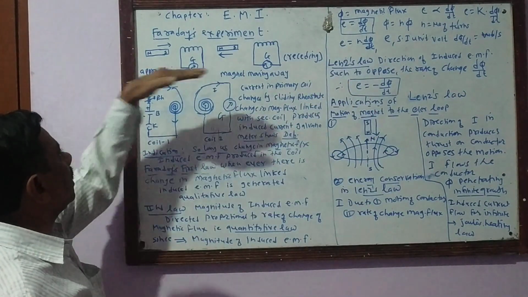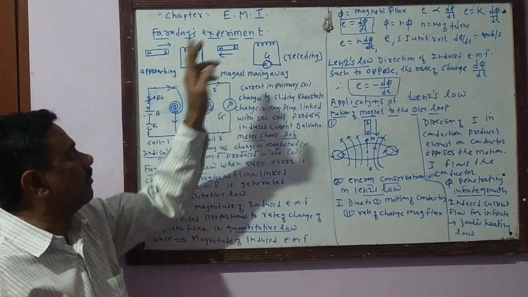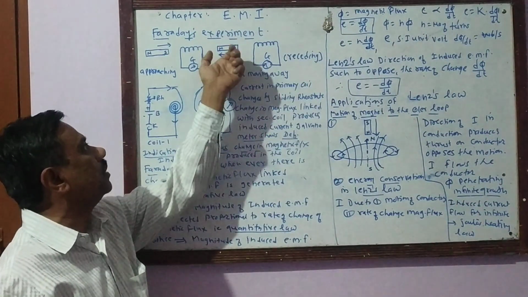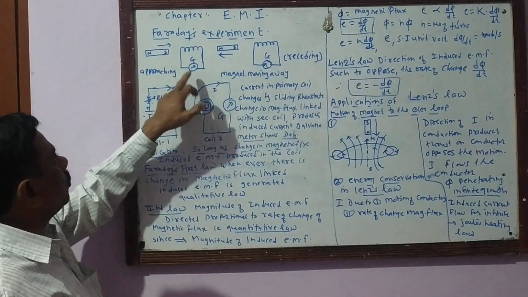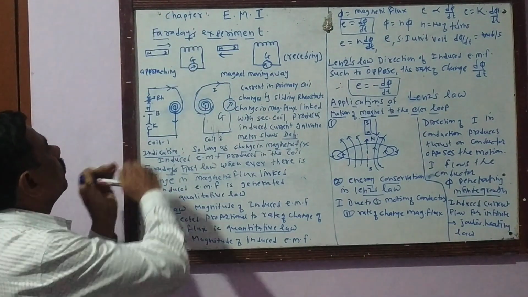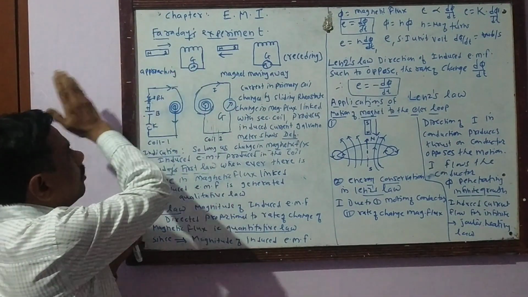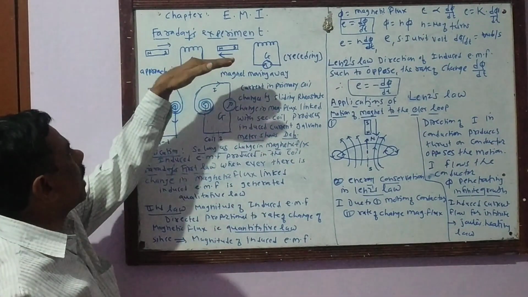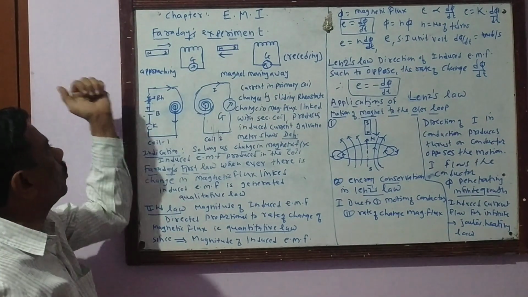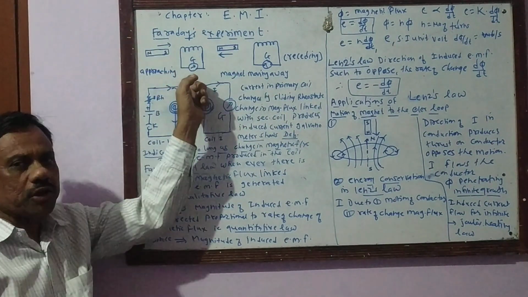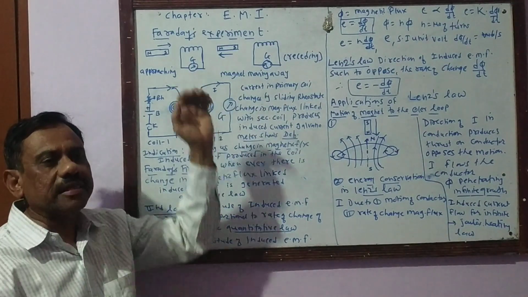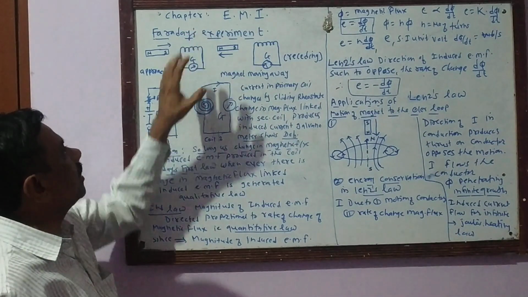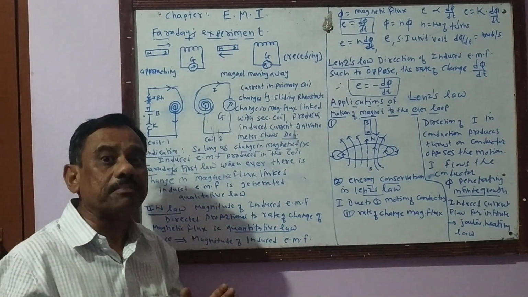Therefore, when the magnet is moving toward the coil and when it is moving away from the coil, the induced EMF is generated in opposite directions. The magnitude of the induced EMF depends upon the speed of the magnet. When the magnet moves rapidly toward or away from the coil, the rate of change of magnetic flux increases, and therefore the magnitude of the induced EMF increases. This is one of Faraday's experiments, and from this we can build up the definition.